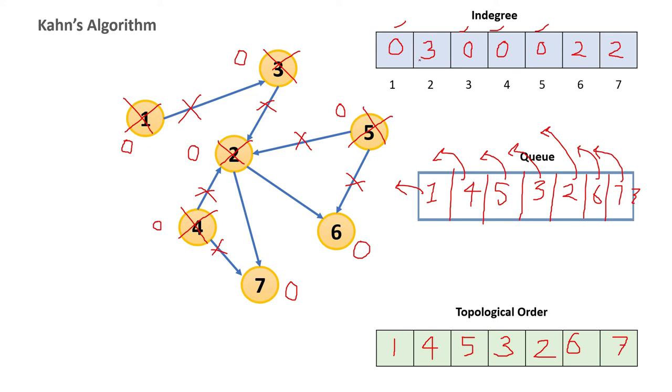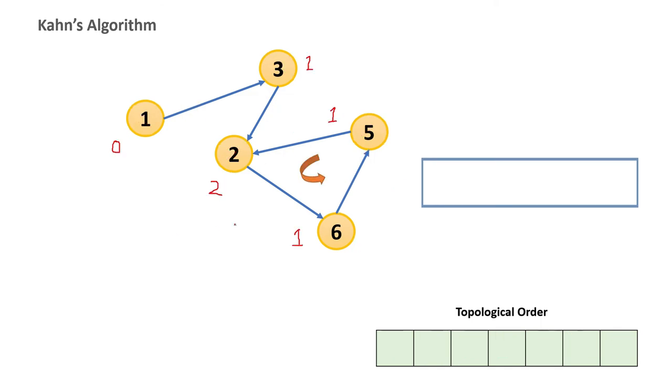Here maybe I have not updated simultaneously, but whatever you check from here, the same value you have to update in each and every operation here also. Now we will check if a cycle is present. Suppose there is a connection from 6 to 5 instead of 5 to 6. How will this algorithm help us resolve that?